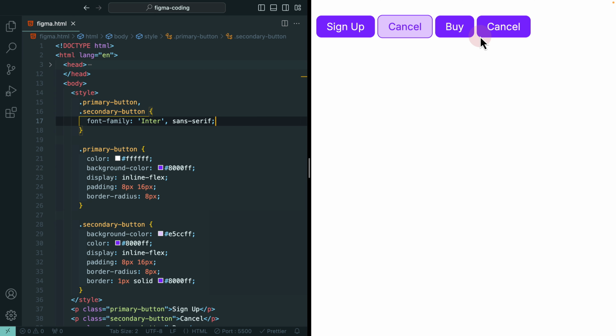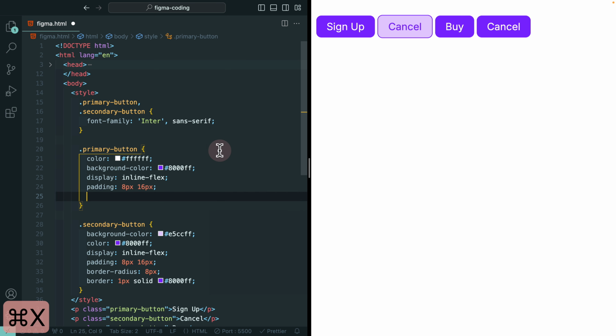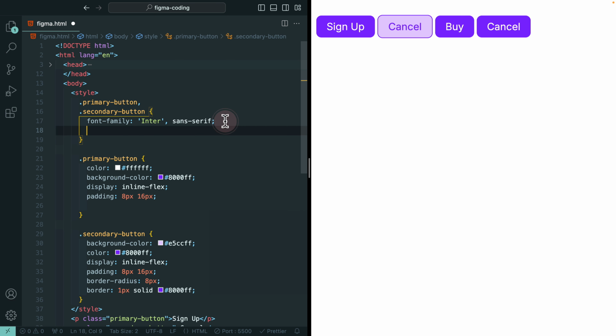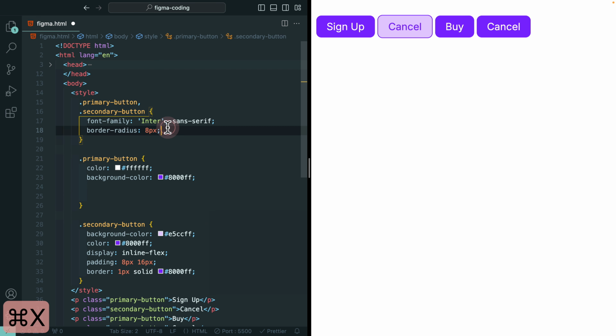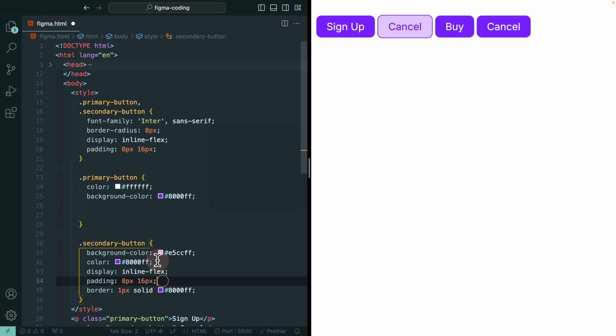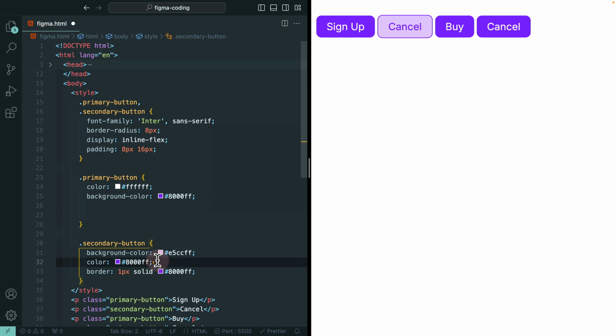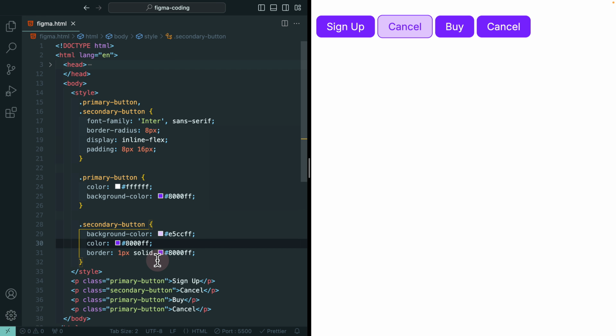The other common element between them is the border radius, and as you can see, if I hover over it, Visual Studio Code selects the other match for me. So I would just cut that, Command X, paste that here, and I will have to make sure to delete that from the secondary button. And then as you can see, the padding and the display are exactly identical. So I would cut that as well, paste this here, and remove that from the other one. And if I go ahead and save this,